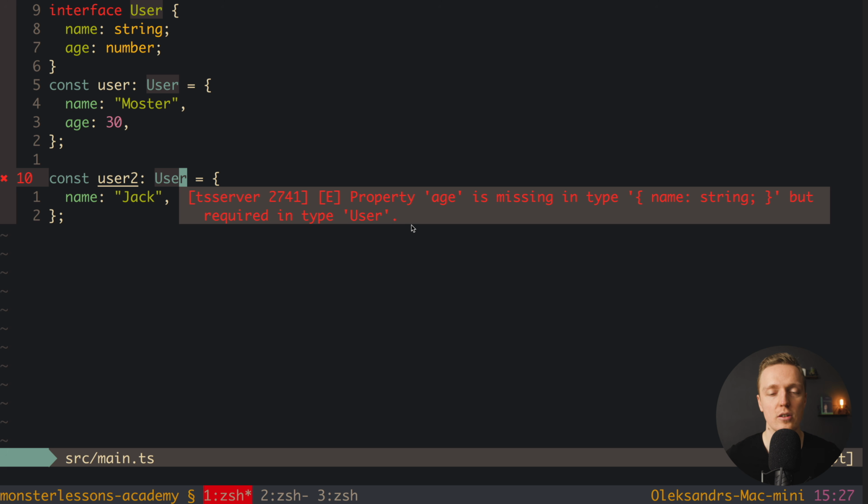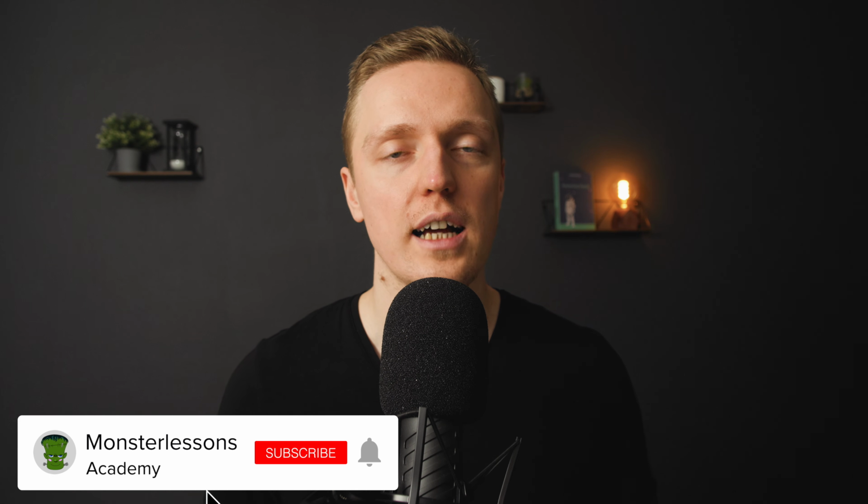Which means we're not getting just some plain object, like an object with name and age, but we're getting type User. And this is much easier to debug and understand the code, because instead of just objects, arrays, and strings, you see some defined names. And normally these names are names of your entities inside the project. This is actually the most difficult part of learning TypeScript.